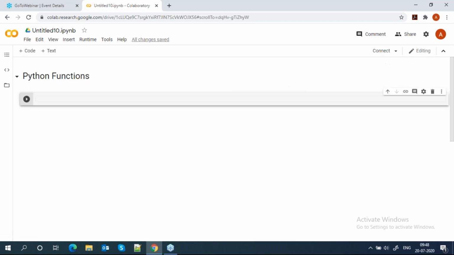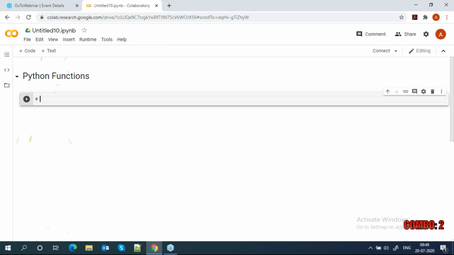It's a very good habit. Whenever you work on a project or in backend programming, we mostly write our business logic in the form of a method or function. So how do we create a function?